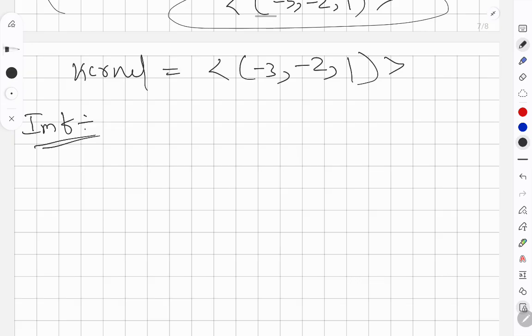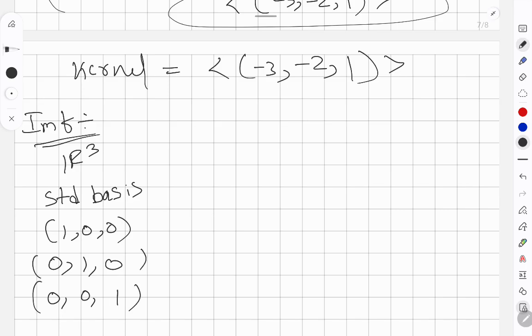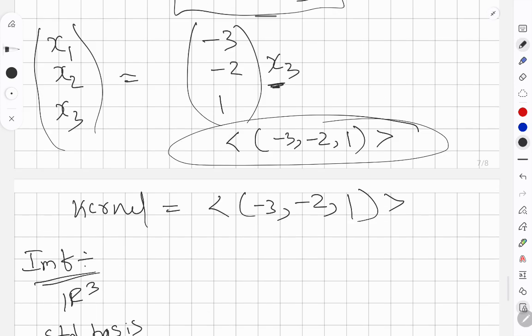There are several ways to do this. The basic way I'm telling you: since it's in R3, we consider the standard basis for R3, which is (1, 0, 0), (0, 1, 0), (0, 0, 1). I will solve this one in two different ways. First, I'm solving using the standard basis. So when you take this one and put it in this relation,